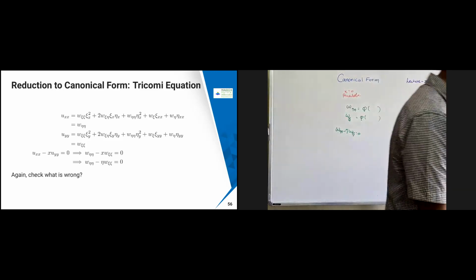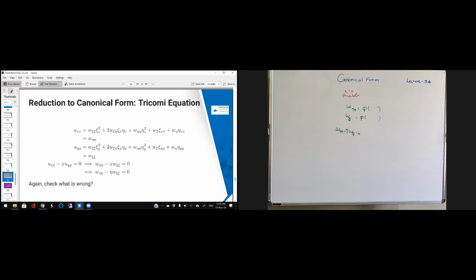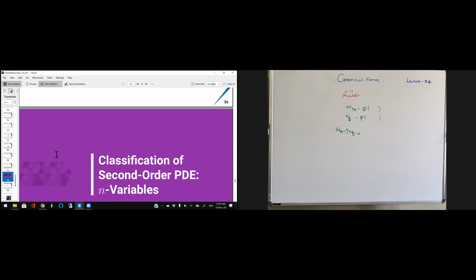Okay, any doubts? Let me know. So in all the cases, whatever we discussed from the first PDE class onwards, we are trying to formulate the problem from the PDE to an ODE, solve it in the ODE setup, and then bring it back to the PDE case. That's what we have been doing almost from the beginning of the classes. Tomorrow we'll see the n variables, and then we'll close the canonical form, and then go to the next topic next week.